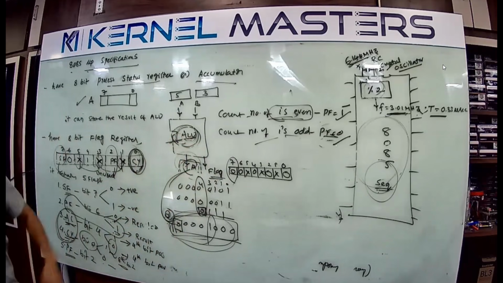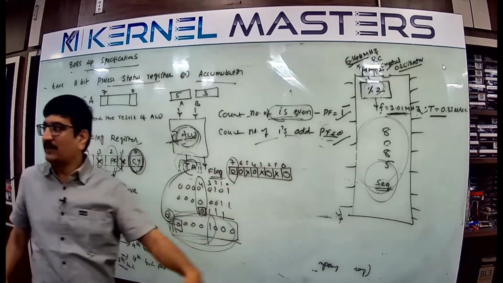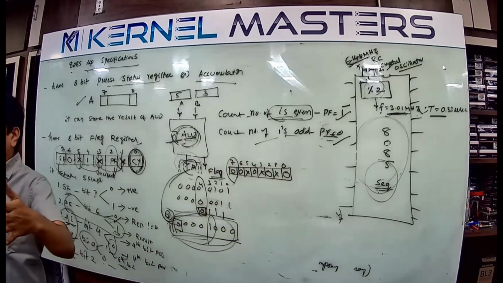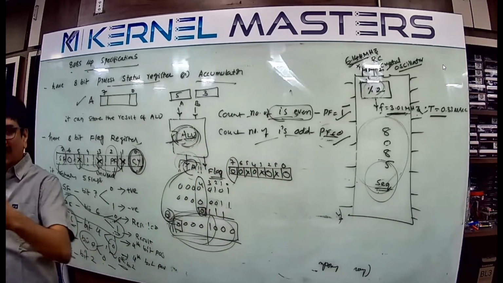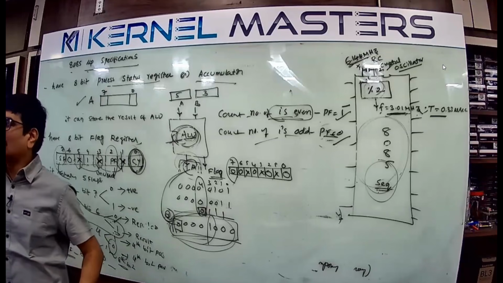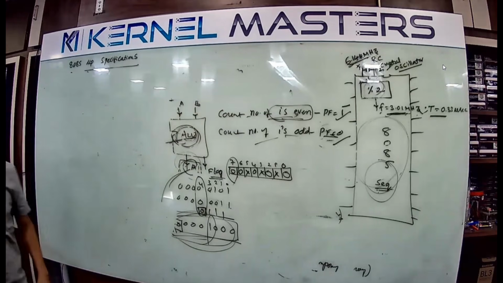The flag register is very important because the programmer decides based on the content of the flag register. Comparison of two numbers: whether the numbers are equal or one is less than the other. When people write control statements in the C programming language, comparison is very helpful. And the 8085 microprocessor has the